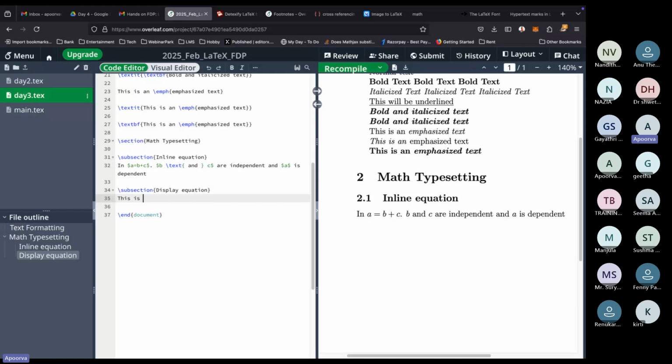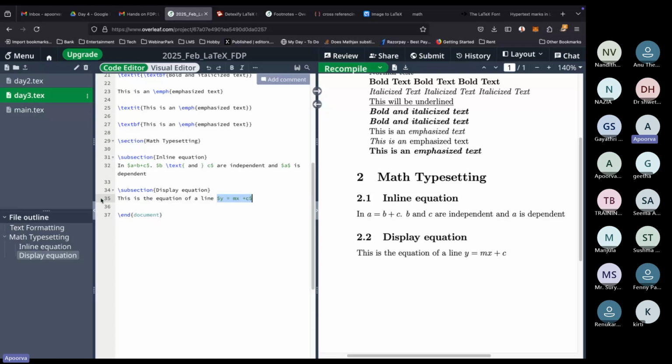So say this is the equation of a line. If I would want to say y is equal to mx plus c, in inline, how would I do? I would just put dollar here and dollar here, right? However,